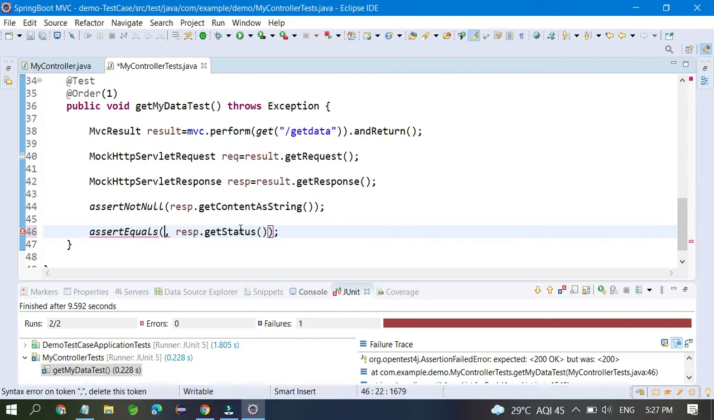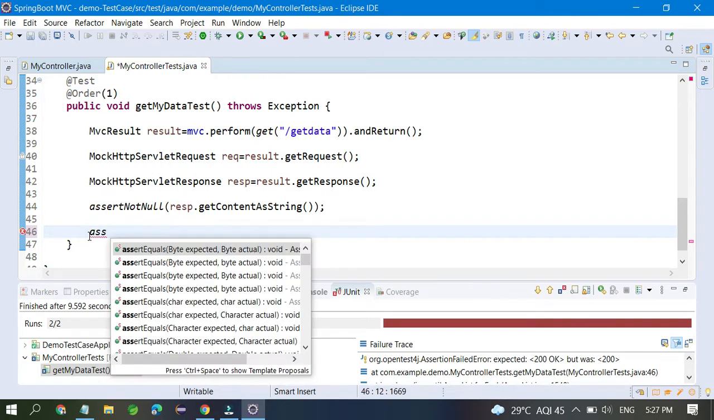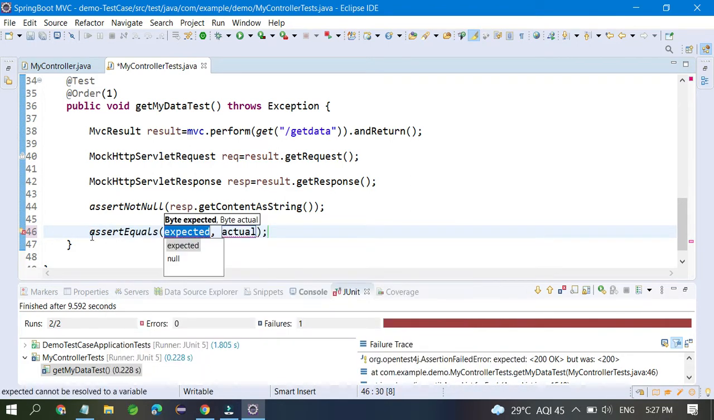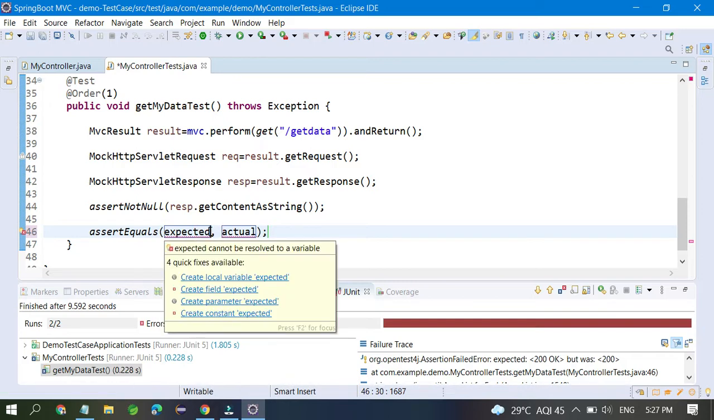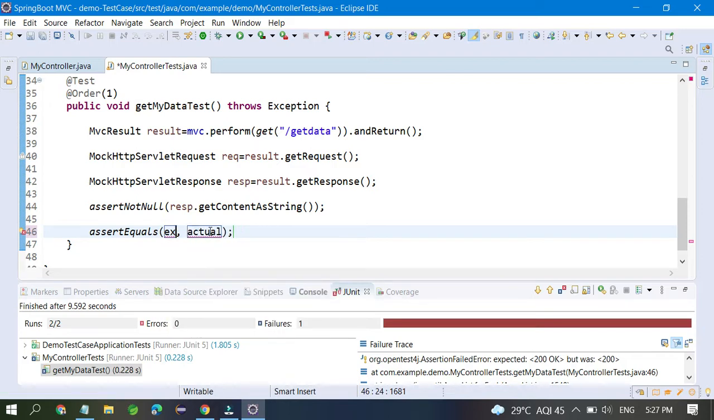What is expected? Okay, assert equals. Here it is saying expected. What you expect and actual. So what we are expecting is HTTP status dot okay,